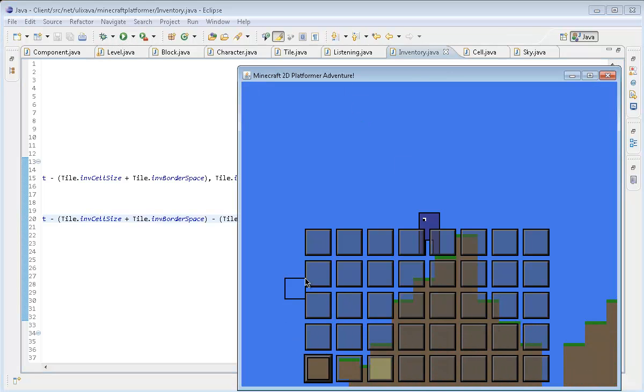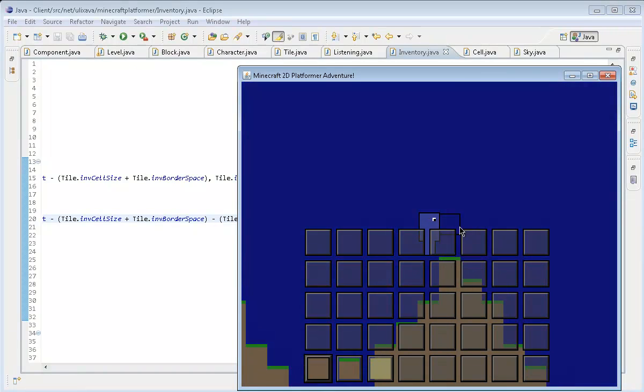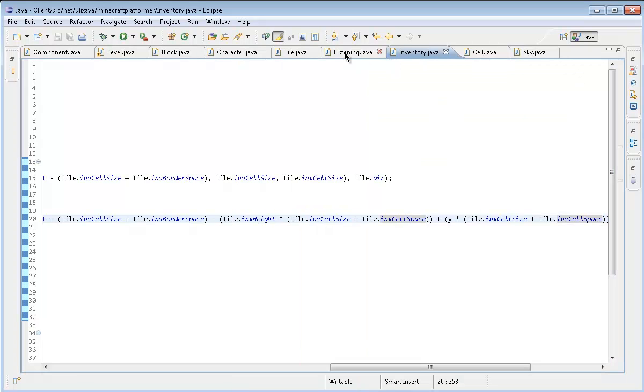And as you can see, voila, we have got an inventory. No problems with it. Actually, I don't want to change anything. I like this. I definitely like this. And as you can see, we can still walk around here. Our character can still move. If you would like to disable that, you can just go to the...